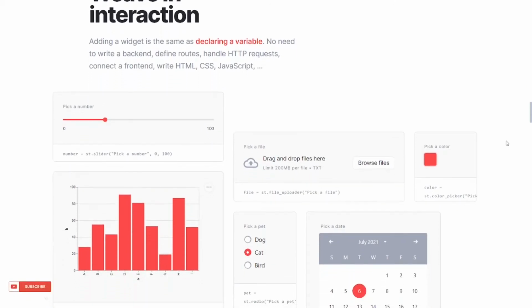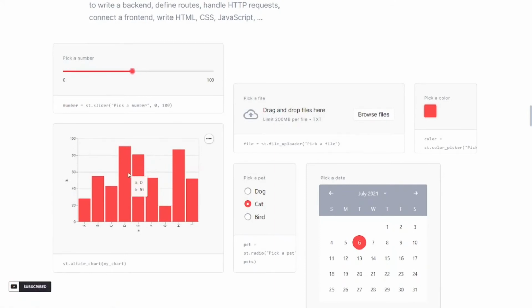There are various widgets available such as a slider, where you can pick a number, or we can provide a visualization with annotation. Then you can upload files with the help of an upload button, and pick a color with the help of a color picker.